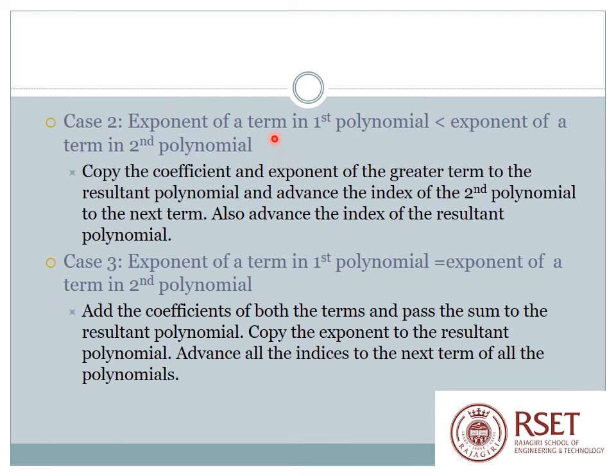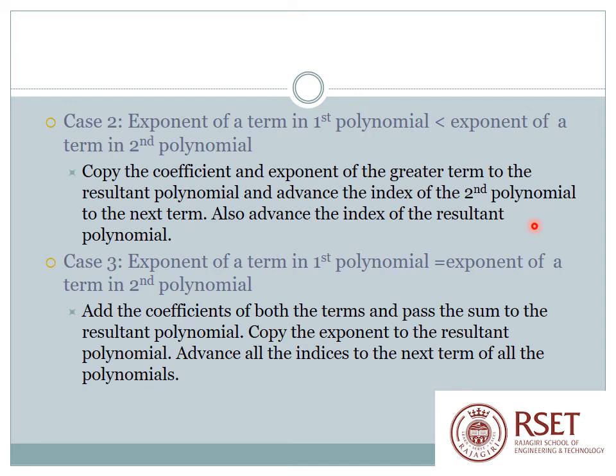Case 2 is the exponent of a term in the first polynomial is less than the exponent of a term in the second polynomial. So there you have to copy the coefficient and exponent of the greater term to the resultant polynomial. Here we are dealing with the second polynomial, and the index of the second polynomial is advanced to the next term, and advance the index of the resultant polynomial. The index of the resultant polynomial has to be advanced every time